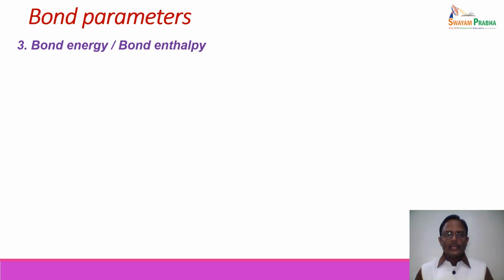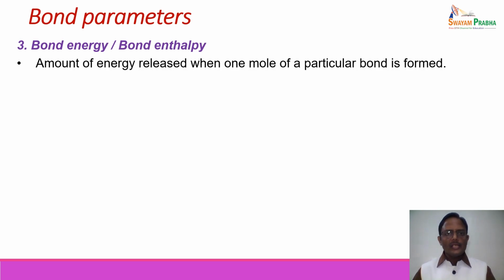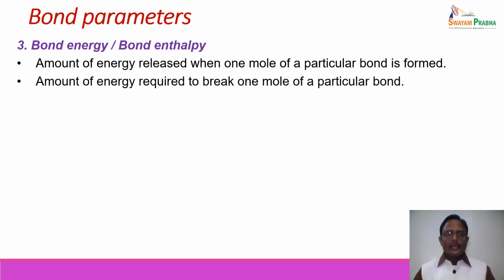Third bond parameter is the bond energy, or sometimes also called the bond enthalpy. It is the amount of energy released when 1 mole of a particular bond is formed, or it can also be expressed in the opposite way as the amount of energy required to break 1 mole of a particular bond. Now in the first case it is normally called bond formation energy, and in the second case it is called